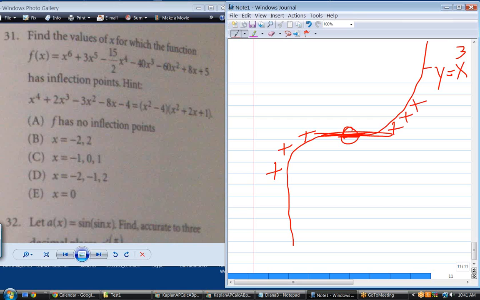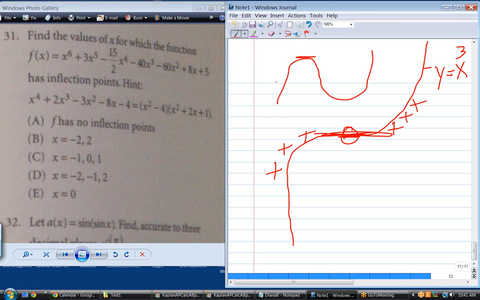The derivative did not change sign. The slopes are plus before that point and after that point. That means it's not a maximum or a minimum. In other words, it flunked my first derivative test,